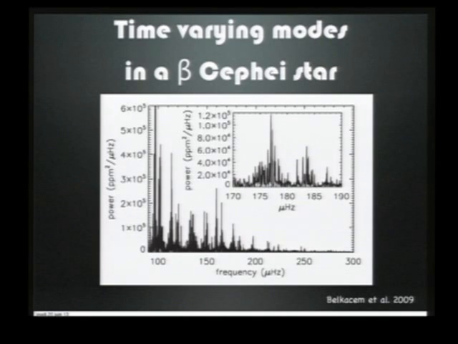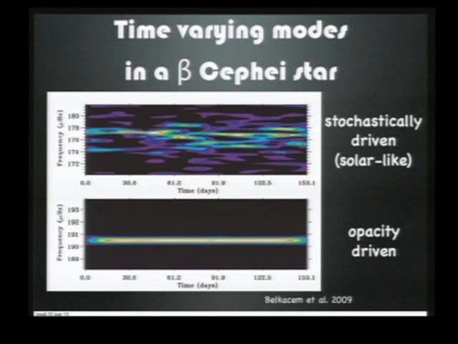And so to find the answer, we used again time frequency analysis. You have here one classical large amplitude oscillation. So it's not at all the same excitation mechanism. It's an opacity-driven oscillation with very large amplitude and constant amplitude in time. And just beside, in the same star, you have modes showing this completely different behavior, which is typical of stochastically driven oscillation.